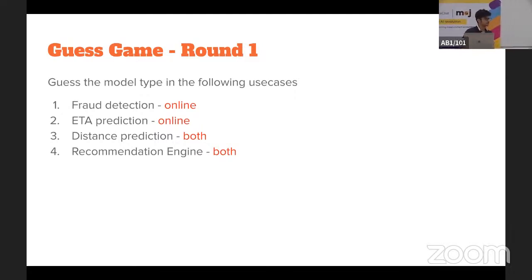So I've got another question with the distance prediction. Can it be hybridized in the sense that, for example, if I use Swiggy and I order 10 times a month, out of those 10 times, 8 times a month I'm either going to order at my university or at my workplace or at my house. So once Swiggy has got that down, can the distance prediction, that part of it, be turned to offline? And then,